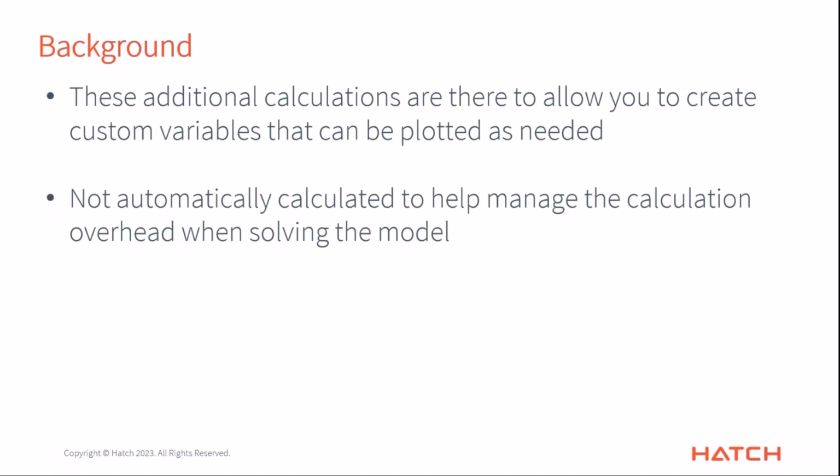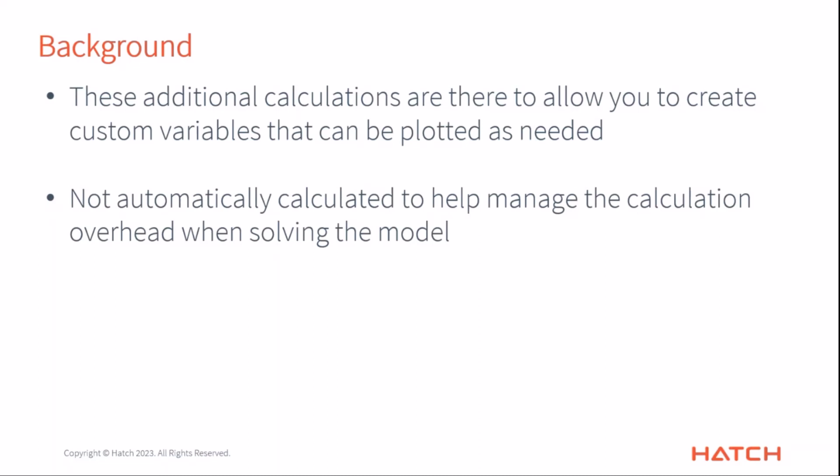So as I mentioned before, certain things like the SRT are not automatically already calculated for you. You have to define them. But also, we don't do a moving average of every single variable in every calculation in GPSX, partly just to keep the management of the number of calculations we're doing. It's already hundreds and hundreds of variables that are calculated even for a simple model. And if we did, on top of that, moving averages and daily averages and so on, it'd be a lot of calculations. So what we do is we say, here's everything that we got, and then you want to